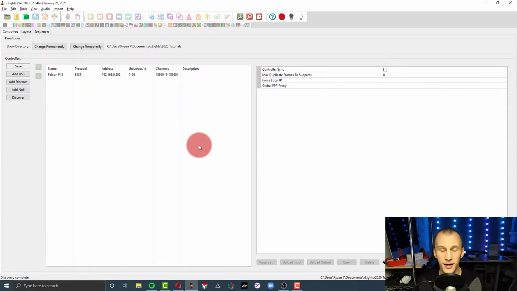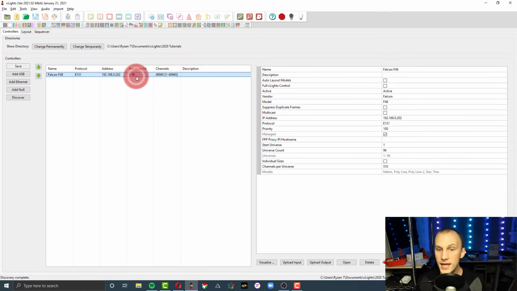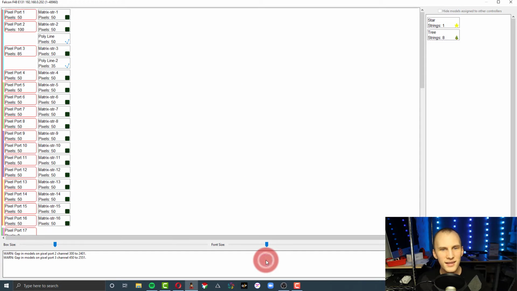Doesn't matter. And then you can actually go ahead and click on it and press visualize. And as long as you're not outputting to lights, this is like the big thing here, you see all the different ports that are on your Falcon. You see any models, anything that's in your display that's not assigned, and you just drag those darn things over